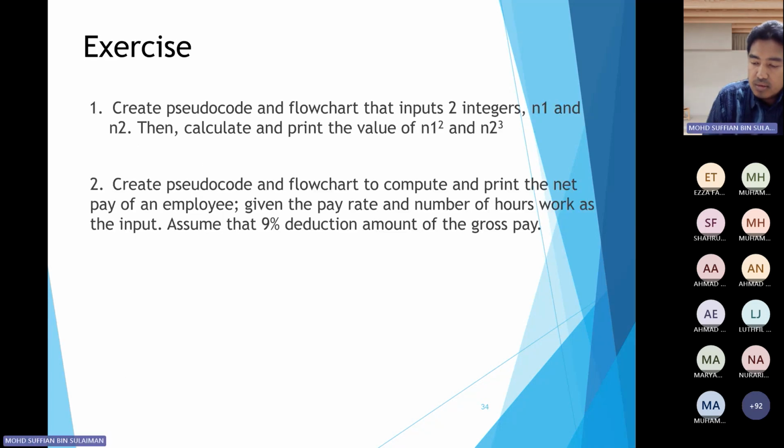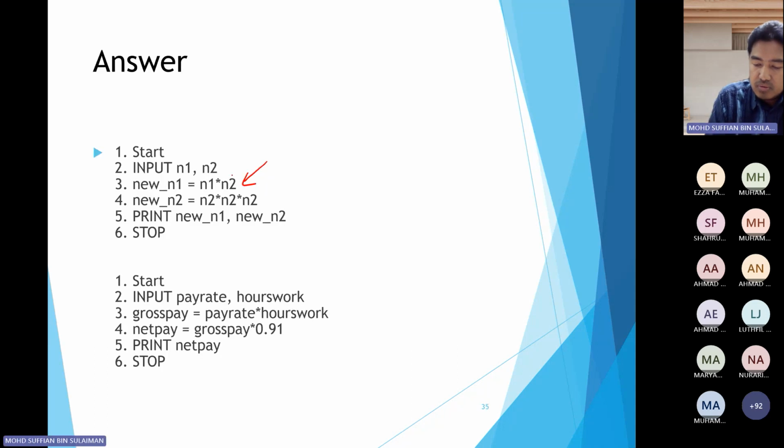Salah je ni, n1 square. So n1 lah, n1 multiply with n1 kan, right? And then new n2, so n2 multiply n2, power of 3 kan, but if you know the apa,